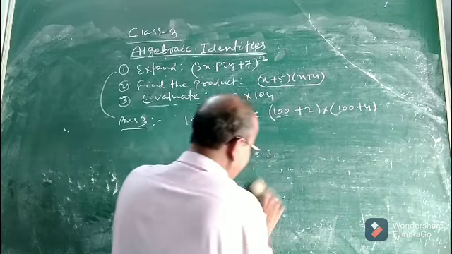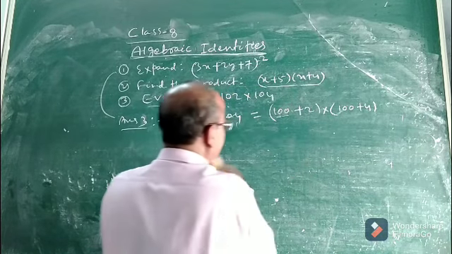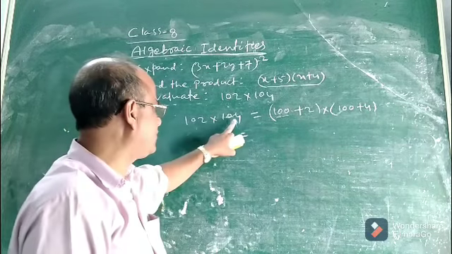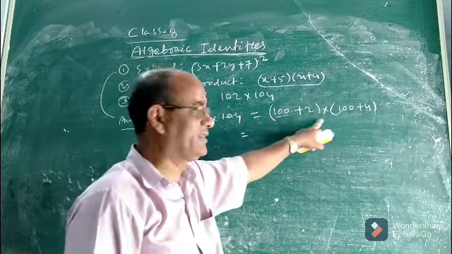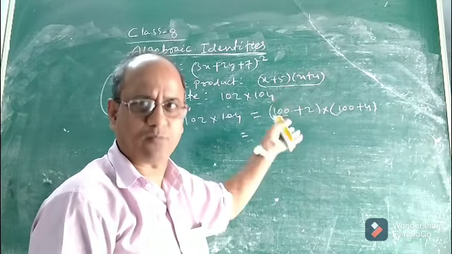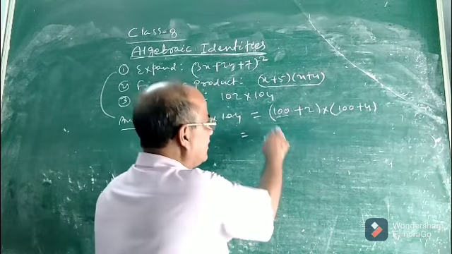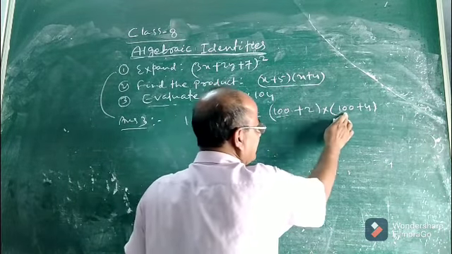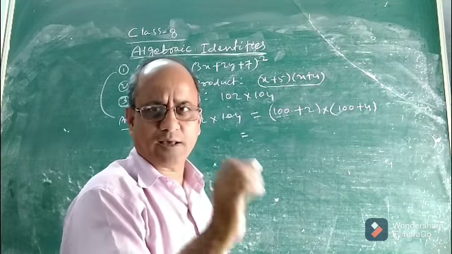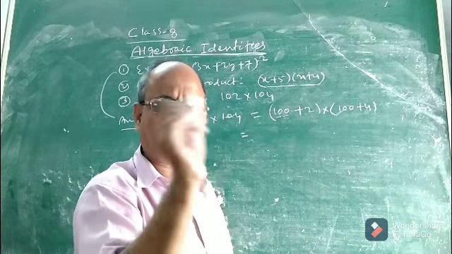Now, once again I am trying to explain this particular question. In order to find the product of 102 and 104, first break it in this format. We will come to the argument part, why not 90 plus 12, later. Here this is x, this is a, this is x, this is b. So (x plus a) into (x plus b), and you know the formula: x square plus (a plus b) into x plus a into b.